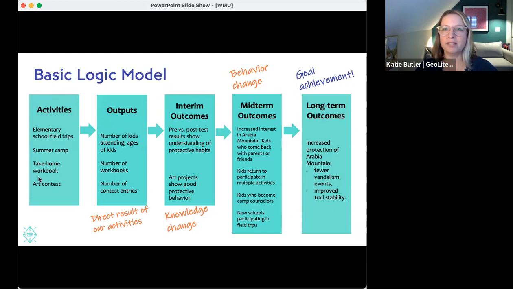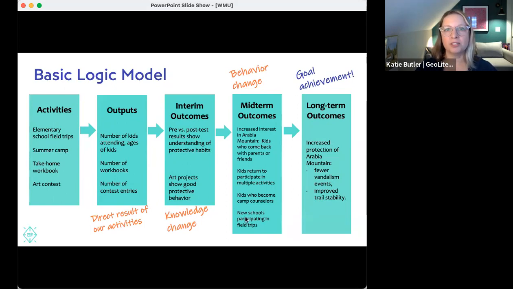Then we're going to do these activities over here, these environmental education activities like school field trips and summer camps. We're going to have a workbook. We're going to do an art contest. Then we're going to start measuring our outputs. How many of these activities are we conducting? We're going to start looking at our interim outcomes. Maybe we're doing some pre-tests and post-tests and showing change in knowledge, for example.